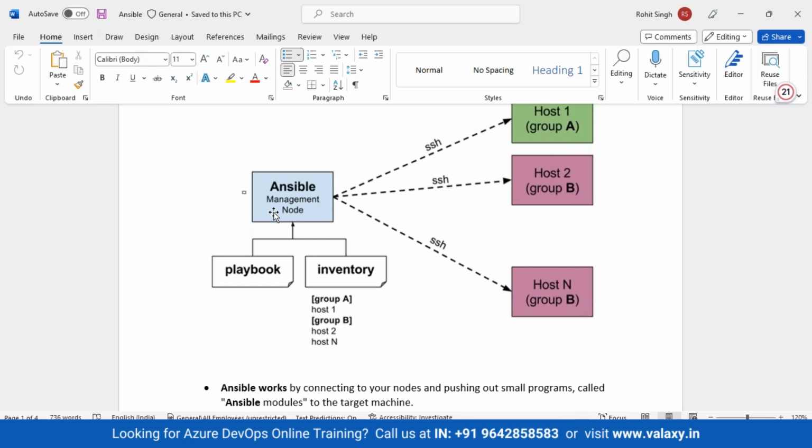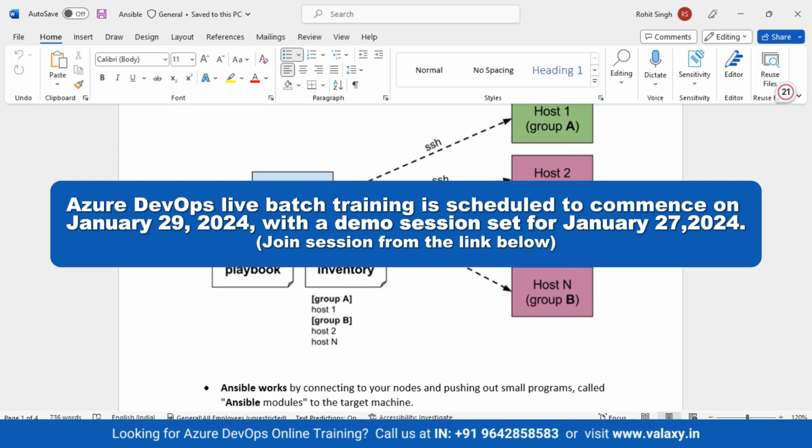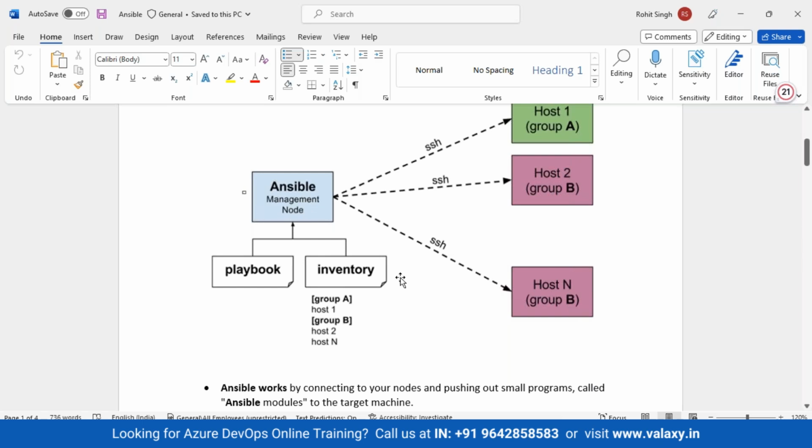From your management node, SSH is the connection required for connecting to the target machines. If the nodes are within the network and you are able to do SSH, the connection is established. Nothing else is required. You don't need to set up Ansible on these machines. Ansible will be installed only at this place,